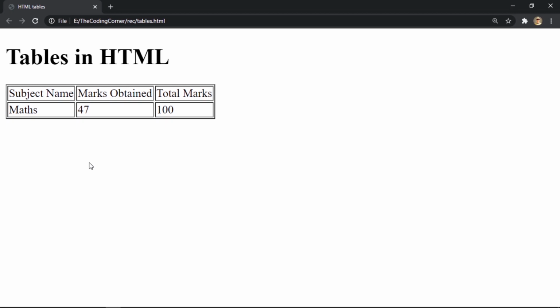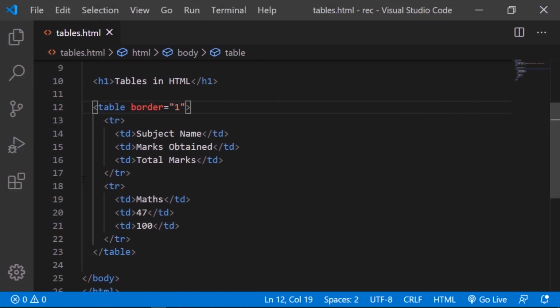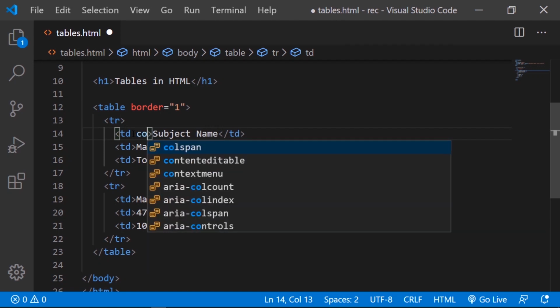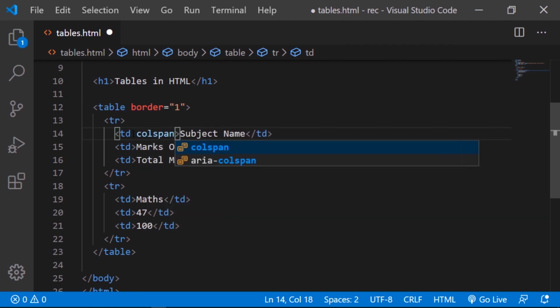So let's say you want to merge subject name and you have maths 1 and maths 2. So I'll just go back, and in the subject name actually, I'll type in something called column span.